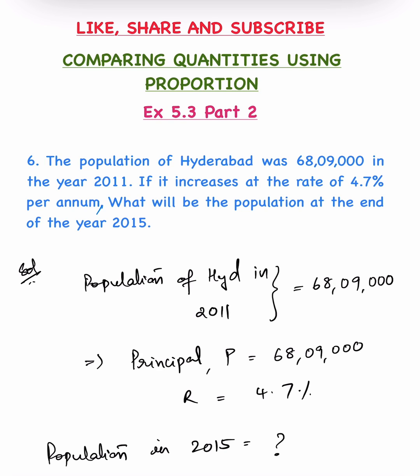6,809,000. So this is the principal P. R is the rate of interest. The rate at which the population is growing is 4.7. So R is 4.7%, and then